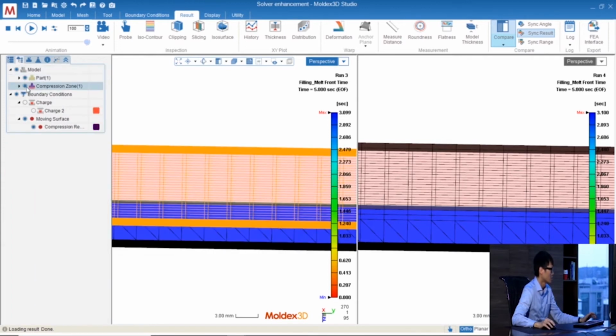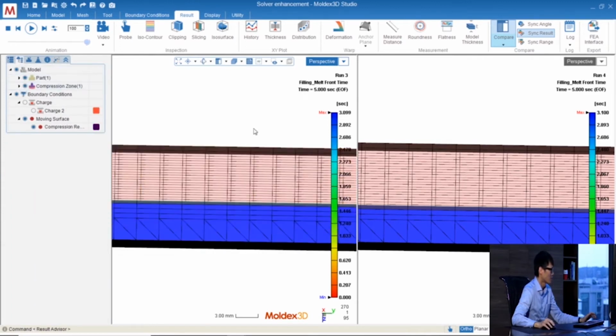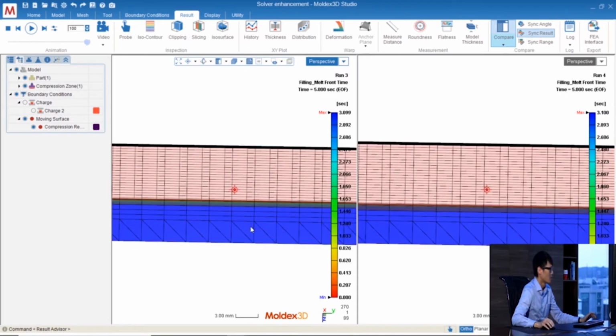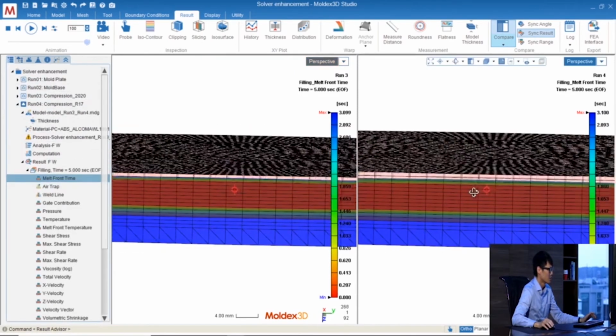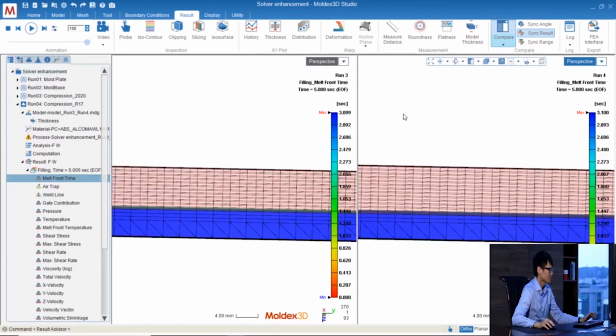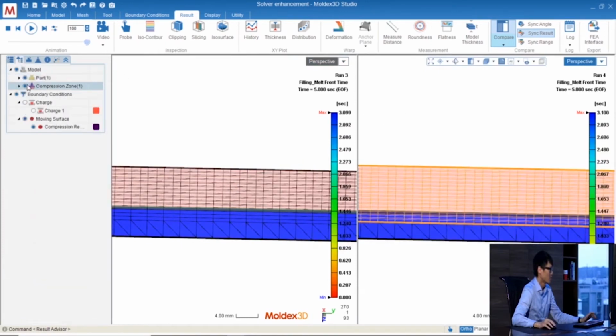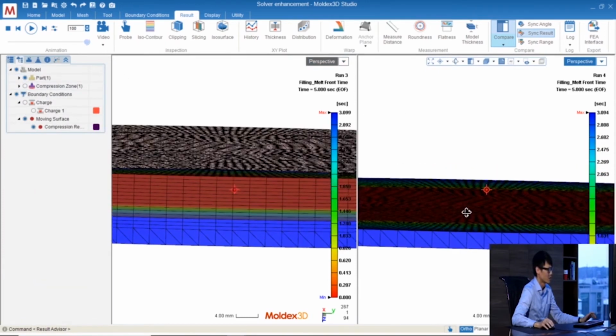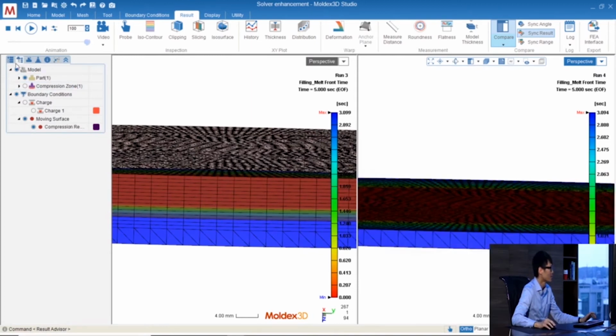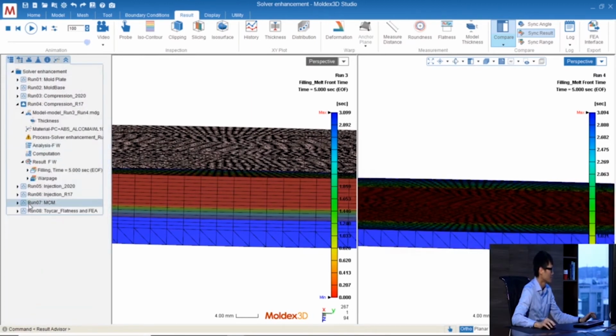If I hide the compression zone, you can see that. So when we calculate the warpage, we should consider all of them. But in R17, it will only consider the part for the warpage calculation, which means you only consider the warpage of this one. So if we check the result,